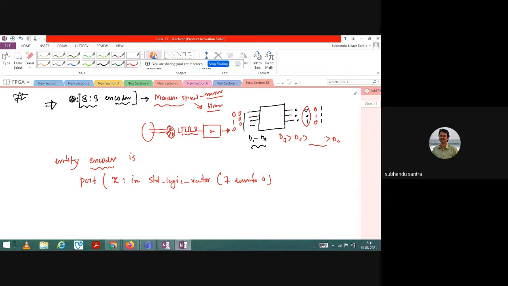This part is done, and the other part is y, the output, a standard logic vector 2 down to 0. I forgot the semicolon, and end encoder. So this part is easy.